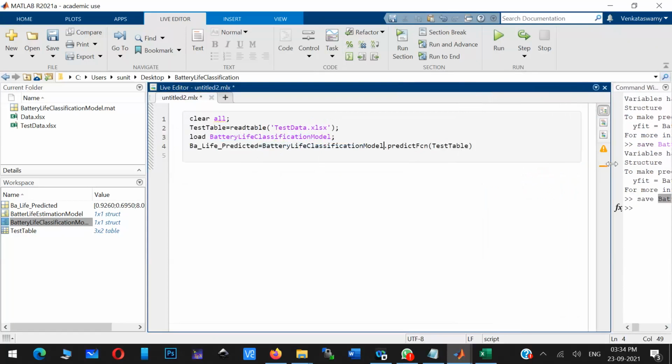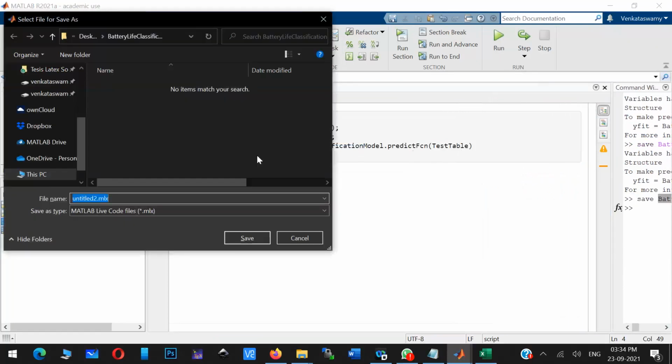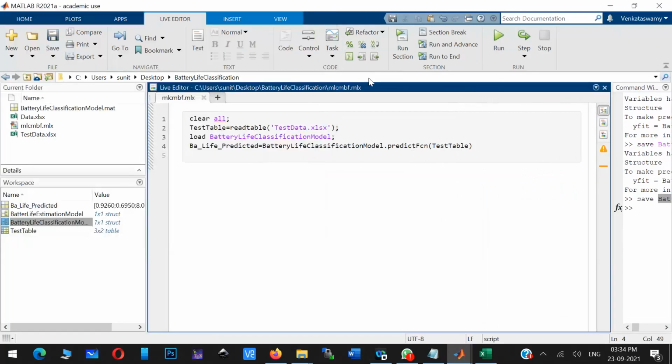Let us see what kind of output we will get. Save it with some name, machine learning classifier model for battery life, and then run this program. Let's see what kind of result we get.